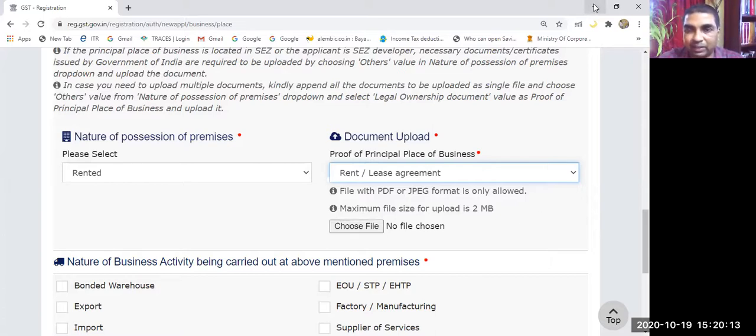Right. Well, I'll do one thing. I will show you how a rent agreement looks. Here it is, the rent agreement is there. Okay, I'll stop sharing this.